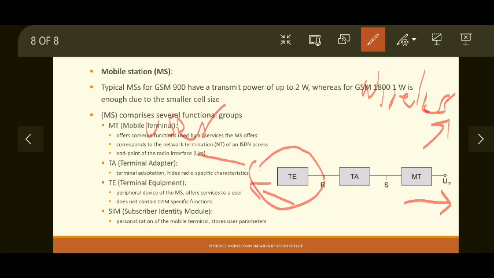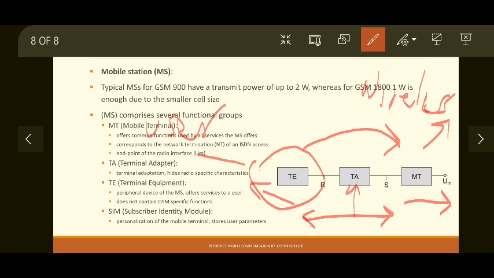To make this communication possible between the user and the antenna or hardware part, the signals or keys pressed by the user are converted into their appropriate signals by a terminal adapter. The terminal adapter hides the radio specific characteristics.